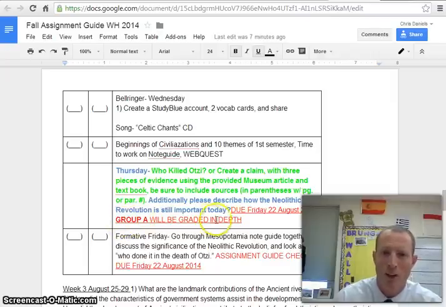Group A will be graded in depth on this assignment. What that means is that each group, we're going to have 4 groups, you're going to write a paper each week. Everyone will get checked in, and then the group that's designated, the Group A in this instance, will be the one that gets graded heavily, full feedback, written out the way it needs to be. Group B will go next week, and they will have the option of turning in their Neolithic Revolution paper or the paper that we write next week.